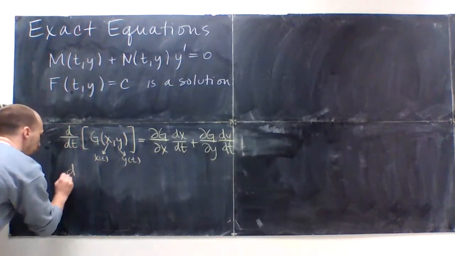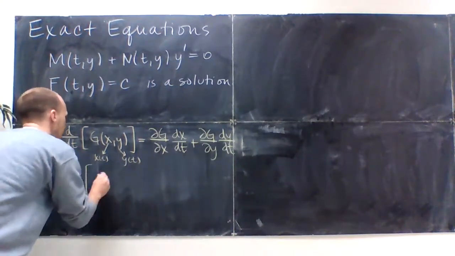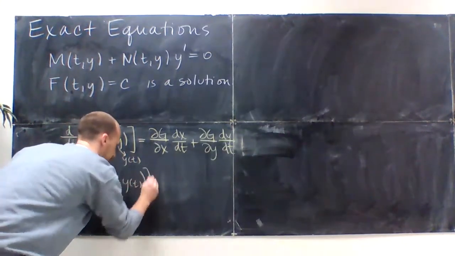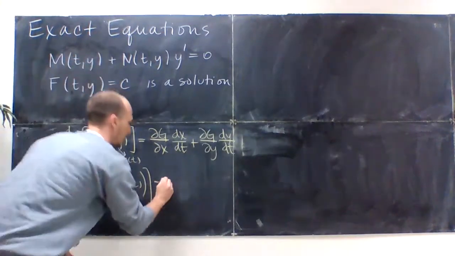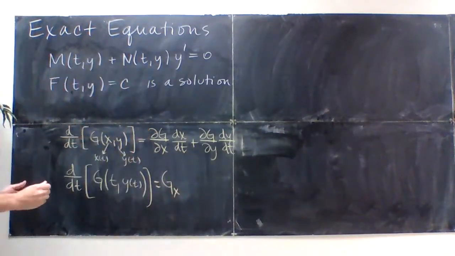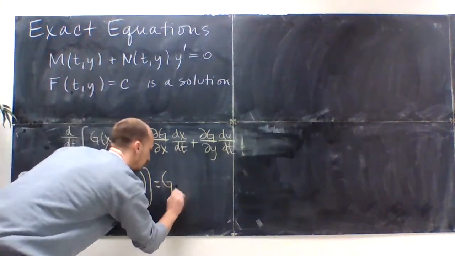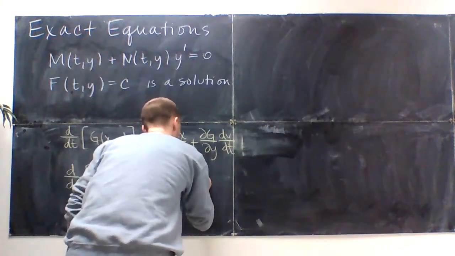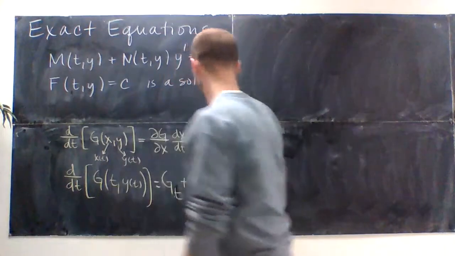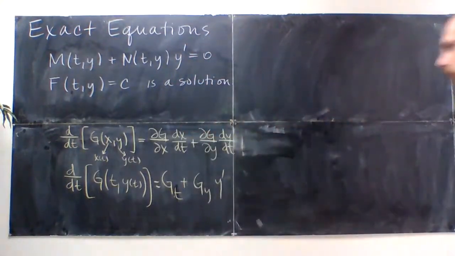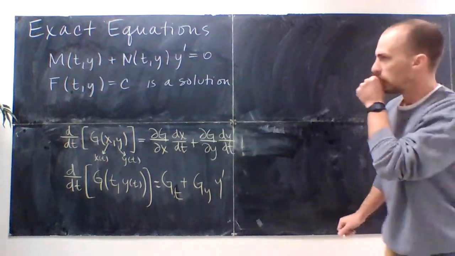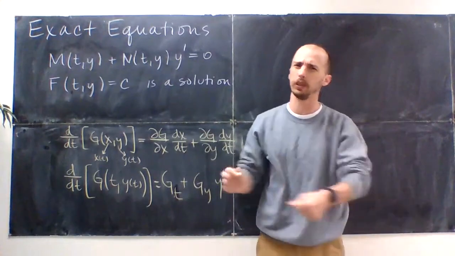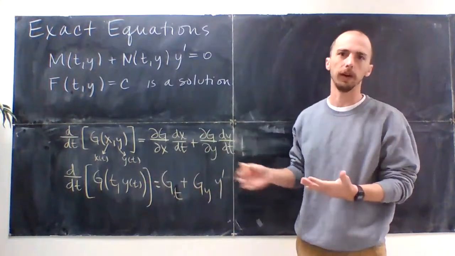Okay? So what I'm going to say is that the derivative with respect to t of g of t and y of t, in the exact same way, pardon me, x is now t. So it's going to be g_t times dt/dt, which is going to be 1, plus g_y times dy/dt, which I'm calling y prime. Okay, so what I'm saying is, if there is some implicit solution out here that we're going to view as a function of two variables equal to a constant, which is of course the level curve of a surface in space,